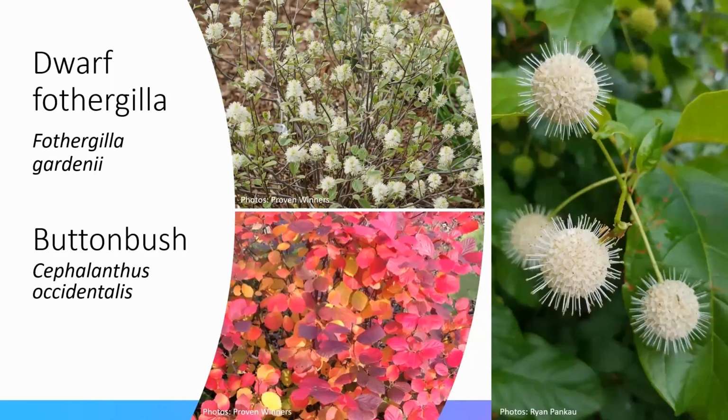And then one of my favorites out there, buttonbush. I just love it because on the right side of the screen here, it has these, what do we call them, these Sputnik-like flower blooms. Pollinators love them. It's something that you can plant in full sun and soils with high moisture, so maybe one of those areas where other plants might struggle. Buttonbush, or Cephalanthus occidentalis, is a fun shrub to grow.